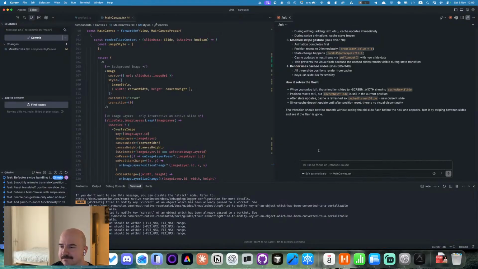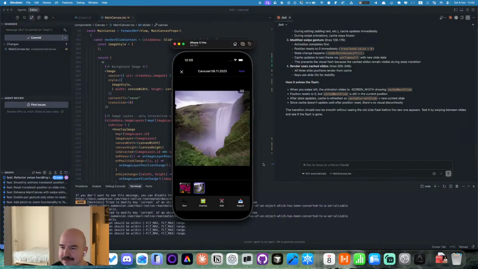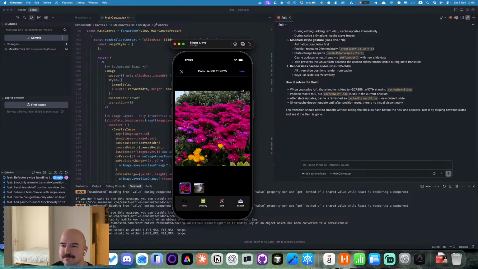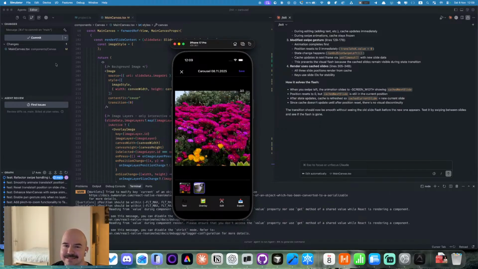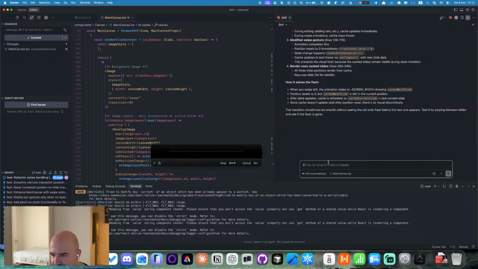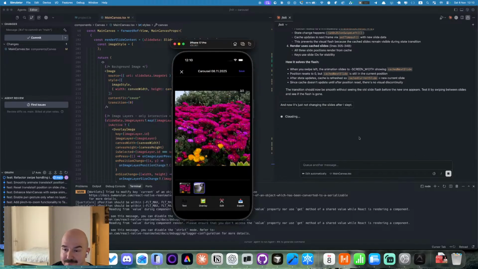Yeah, noise suppression is working right now. Something is off for sure. Now it's just not changing the slides after I swiped. Maybe I will just revert it.